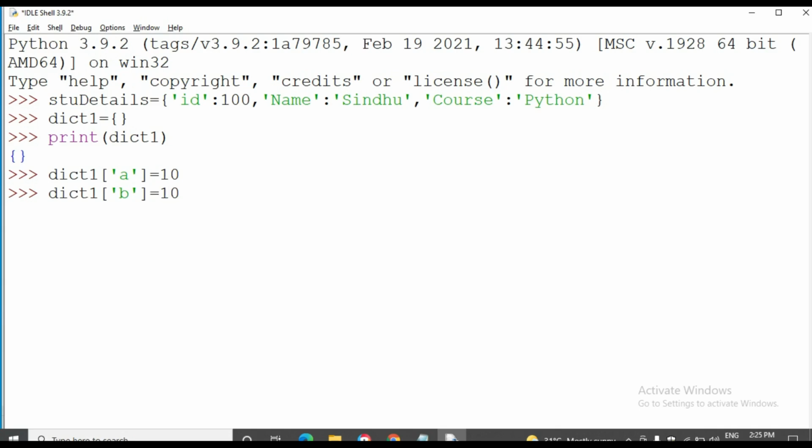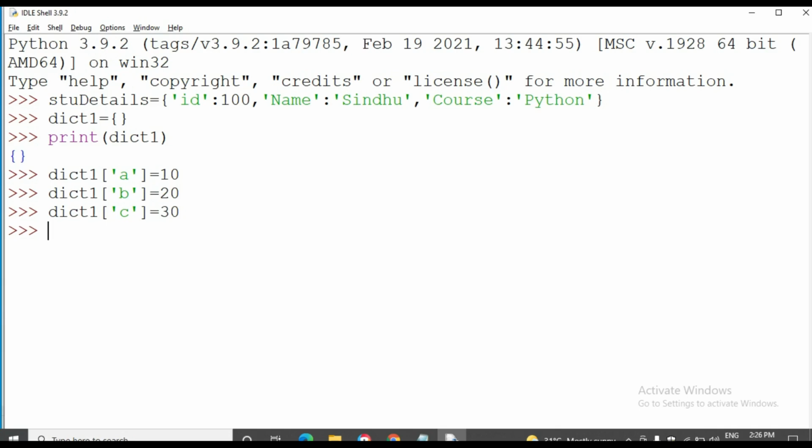Key A contains the value 10, key B contains the value 20, and C contains the value 30. Okay.